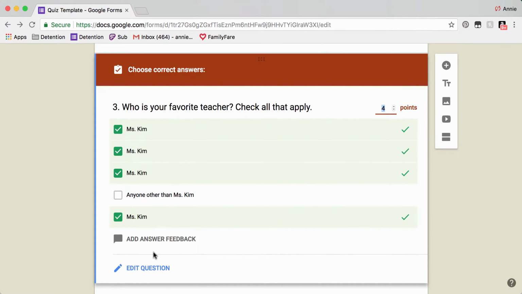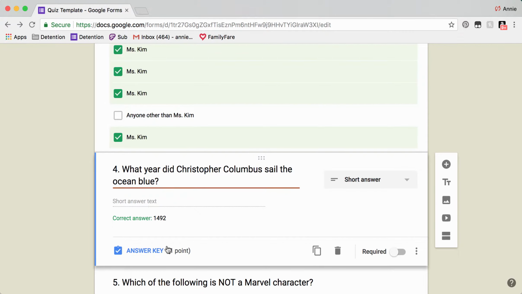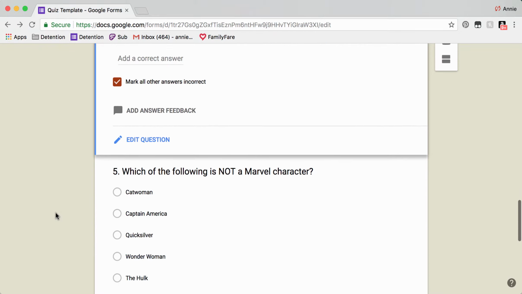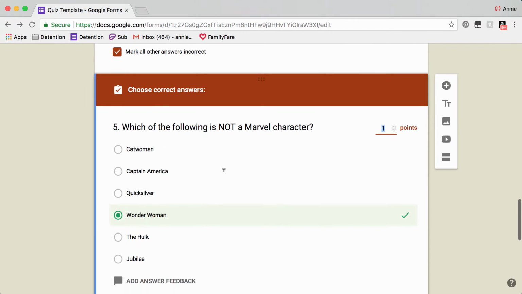Go to the answer key, and this is where I did a 4-pointer instead of a 1-pointer because there are 4 possible answers, and I want students to get all of them correctly. So you have the option of doing that. Another short answer or write-in question. I'm going to say, what year did this happen? It's a 1-pointer. I put in the correct answer. Click mark all other answers incorrect. And then this question, same thing,